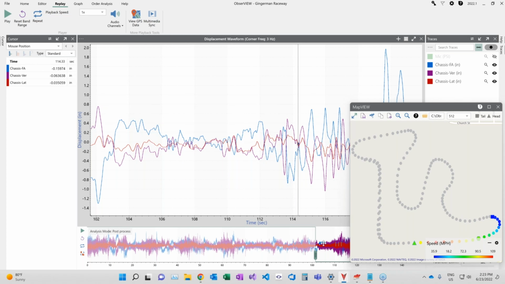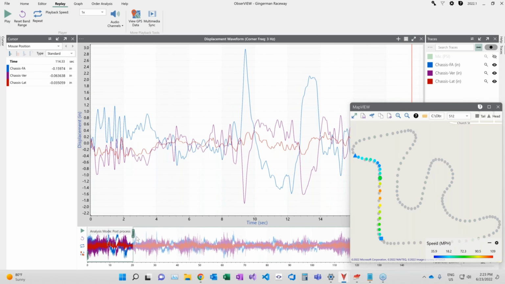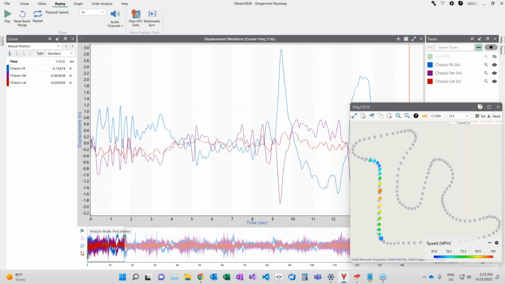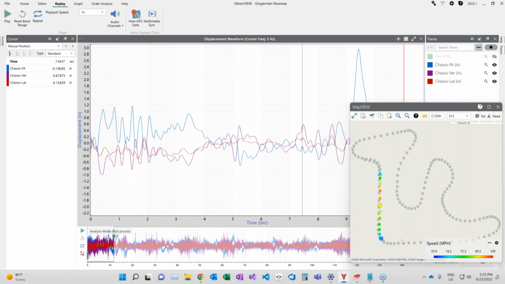What I'm going to do is go to this straightaway here. We're going to analyze the fatigue damage potential for just this northbound straightaway. So I will add in